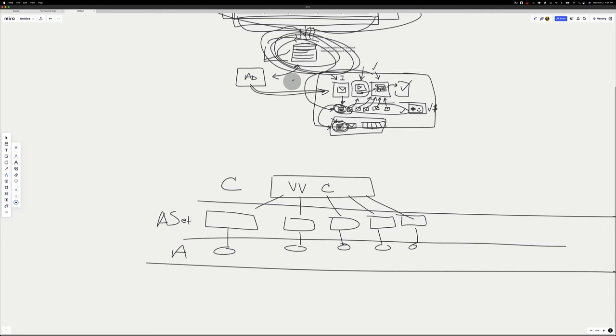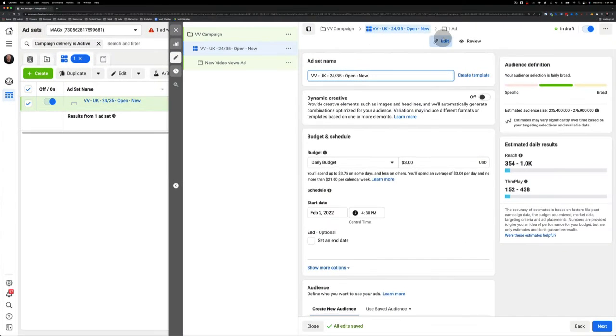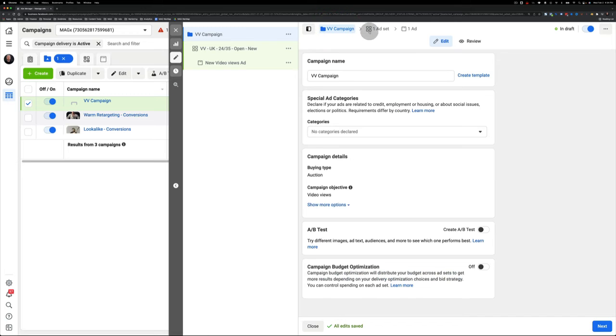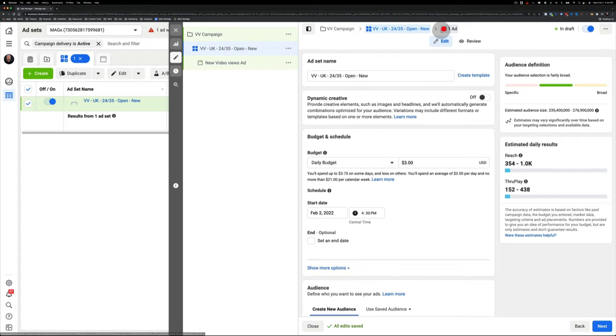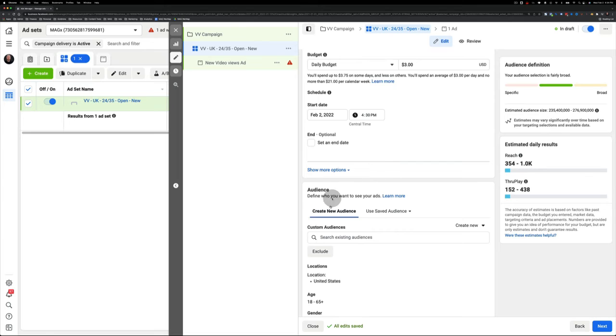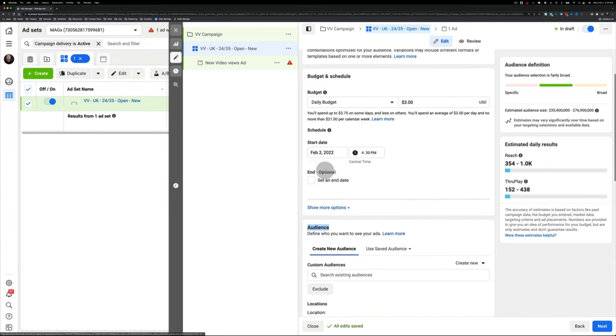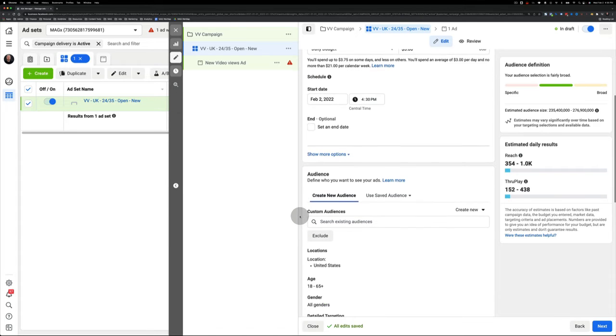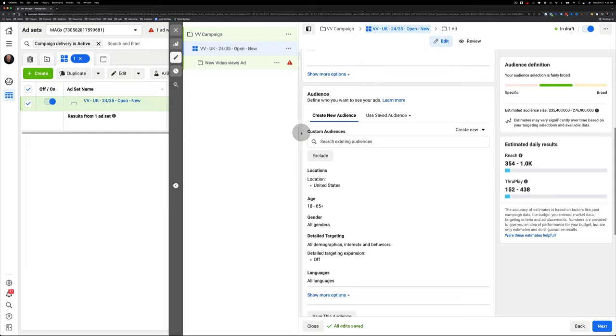All right. So if we go back and we look at Facebook here, you've got campaign level, ad set level, ads. Okay? So in the ad set, we get to choose our budgets. We get to choose our audience. As you can see, these top line things, budget and schedule. We're just going to let this run. We're not going to set an end date. We just let it run because we watch it every day. And then what we're going to do is we're going to come down here and we're going to choose our